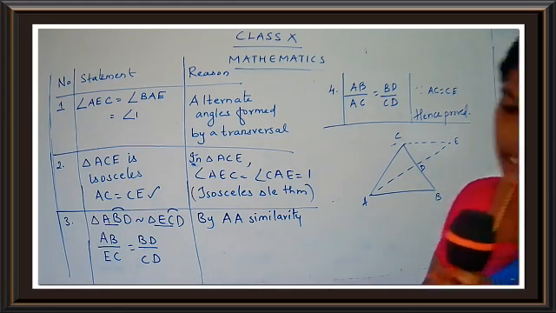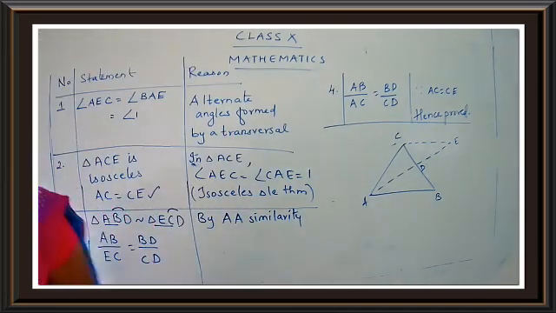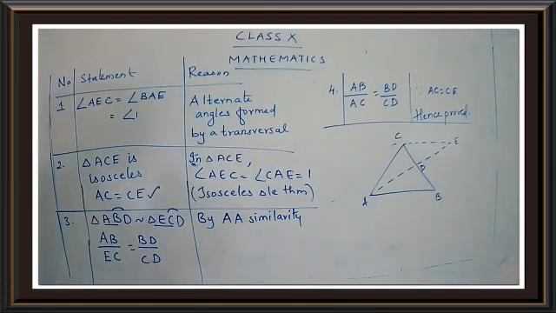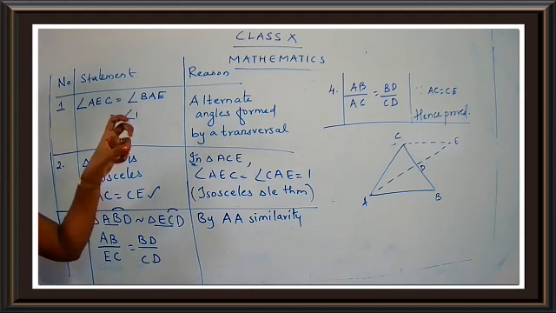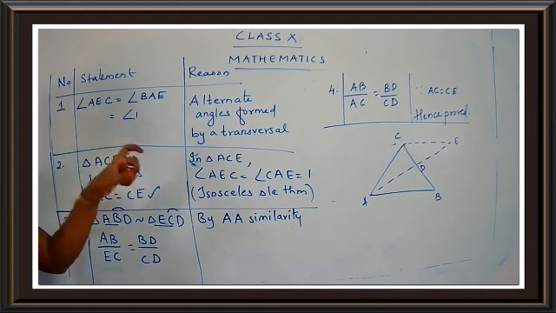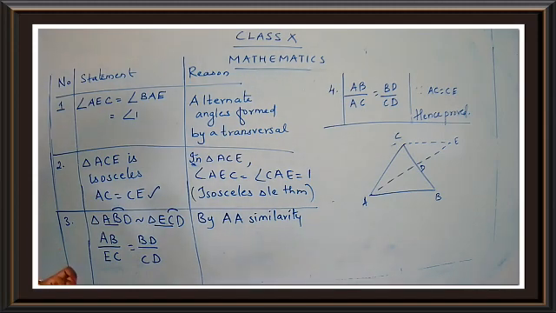Okay. Let us have a small recap of the theorem. What was the statement, children? Sometimes they may just give you the statement and ask you to explain it, without giving you the name of the theorem. In some cases, they will say, state and prove angle bisector theorem. In some cases, they will just give the statement and ask you to prove it. So you should be thorough with the statement so that you can identify what theorem it is. So you may have two ways of question.